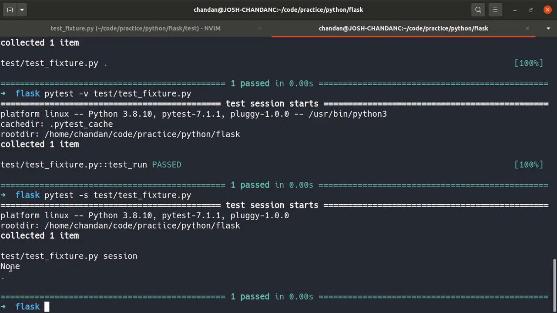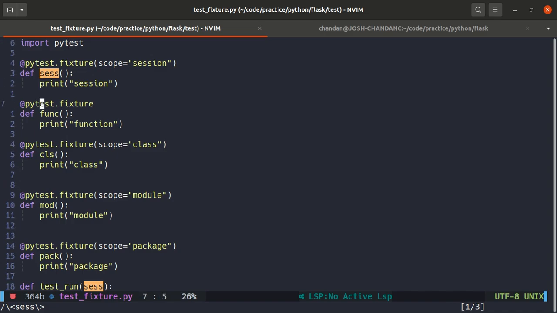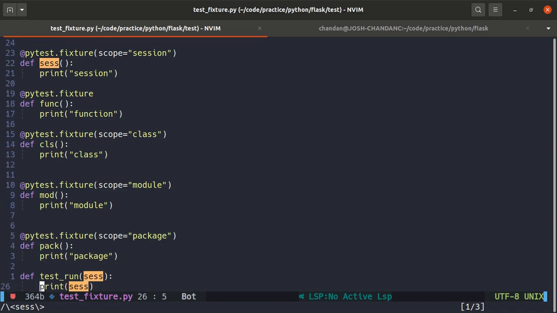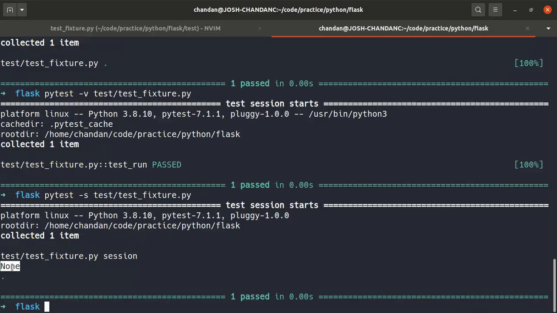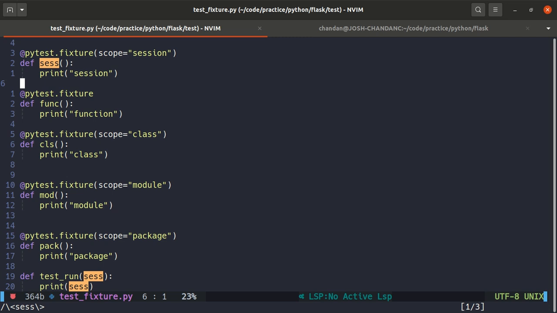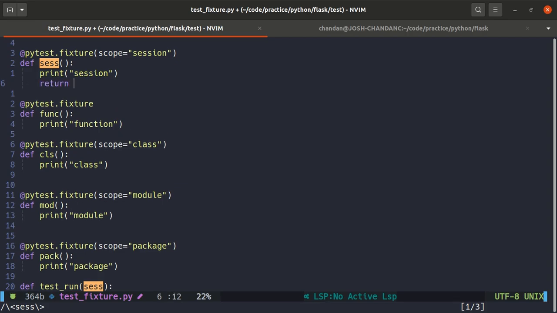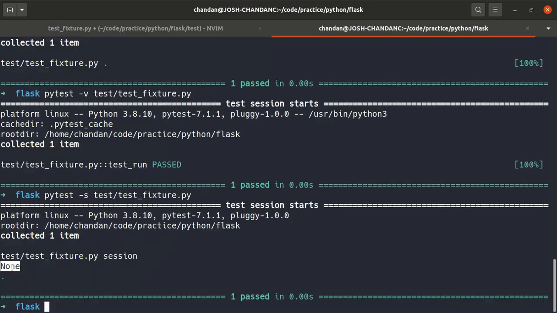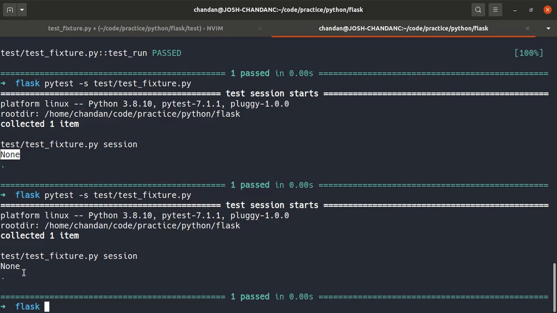So as you can see, we are getting None, since the session fixture doesn't return anything. It is just returning None since the return of the session is nothing. So if I change it to return 1 and rerun the test again,